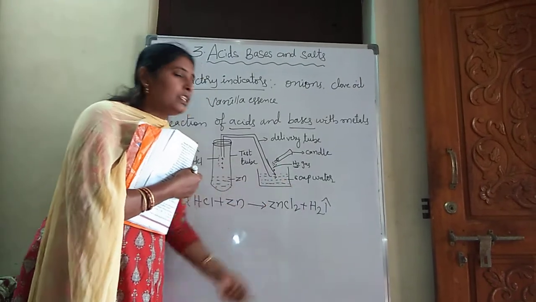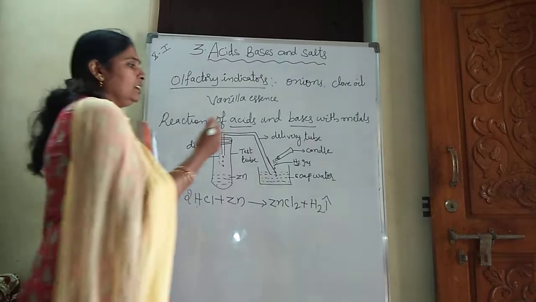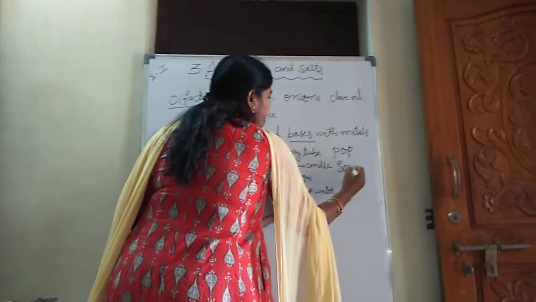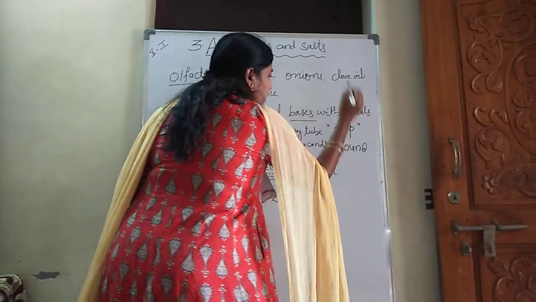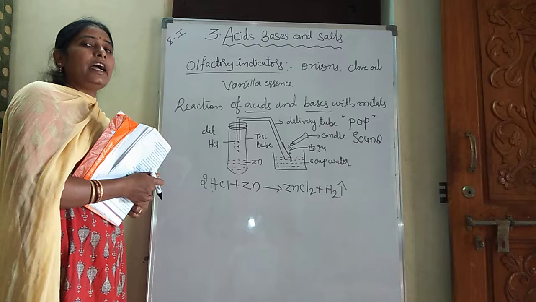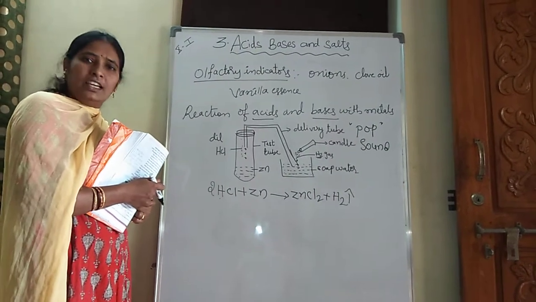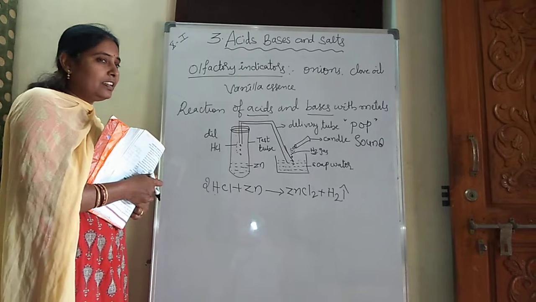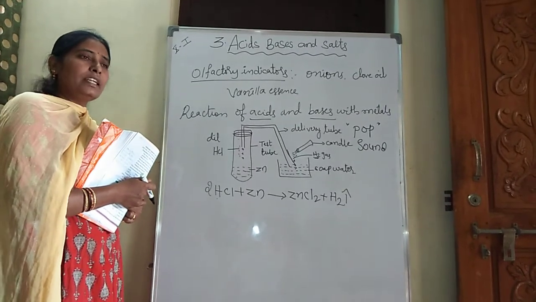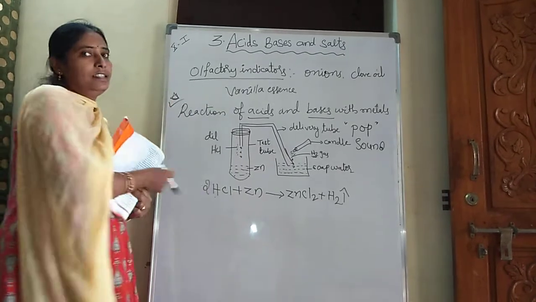And how will we confirm that the colorless gas is hydrogen? If you bring a burning candle, it puts off with a pop sound. Which sound? Put off with a pop sound. Then the colorless gas is identified as hydrogen gas. And you know my drawing skill, I am very poor in drawing. Try to adjust with this diagram, and a neat and well labeled diagram is given in your textbook. Go through that activity and read. It is the most important for your 4 marks in Essay 1 and Essay 2.